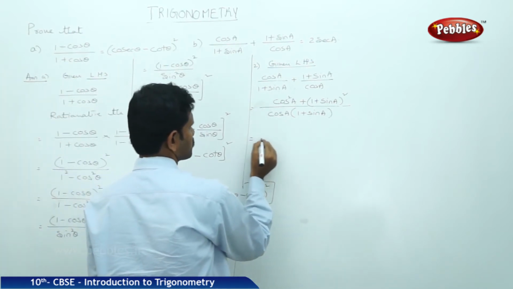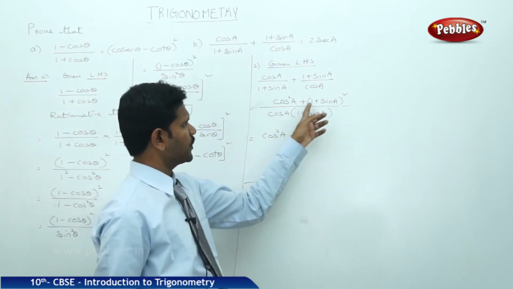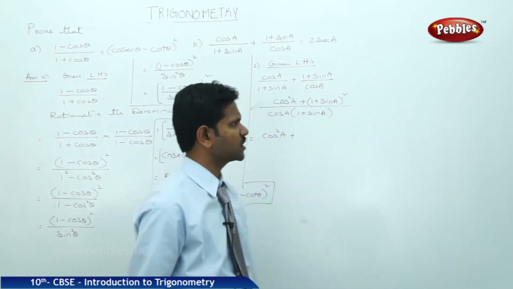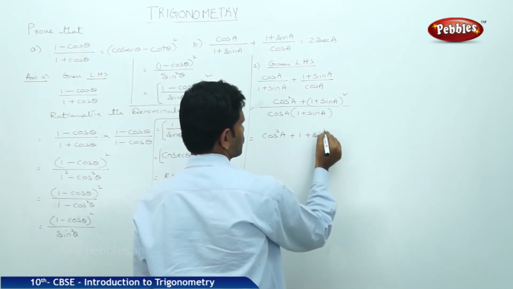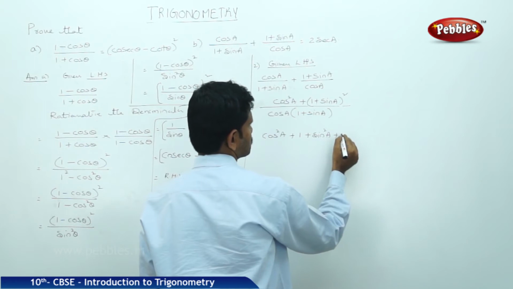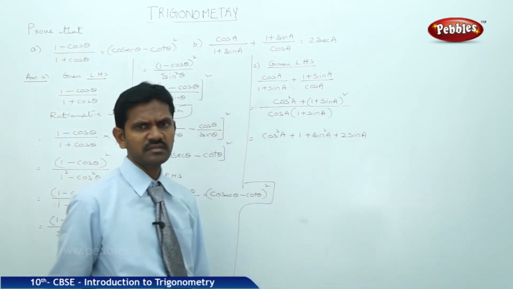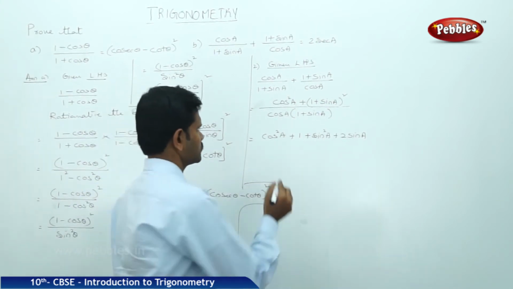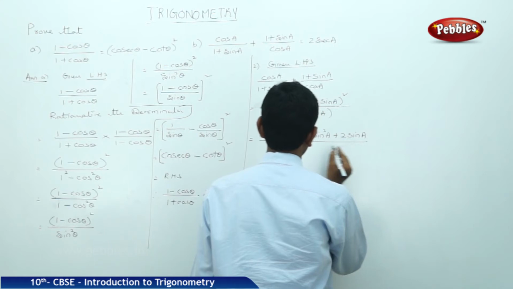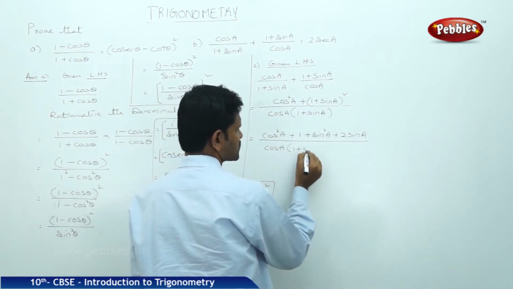that is cos square A plus, open this one, A plus B whole square form, that is 1 plus sin square A plus 2 sin A, that is A square plus B square plus 2AB, whole by cos A into 1 plus sin A,